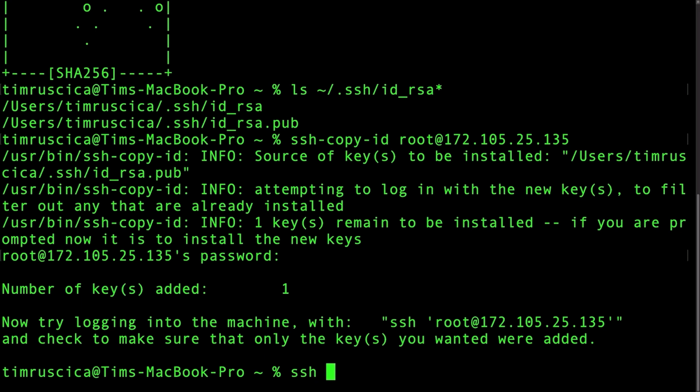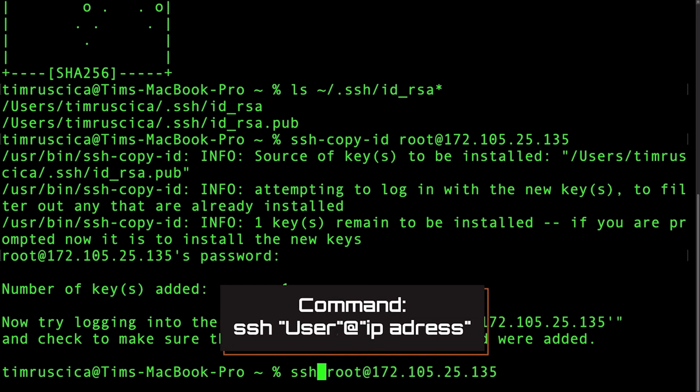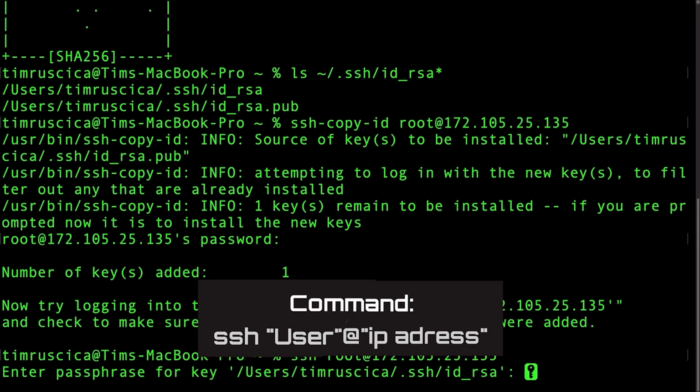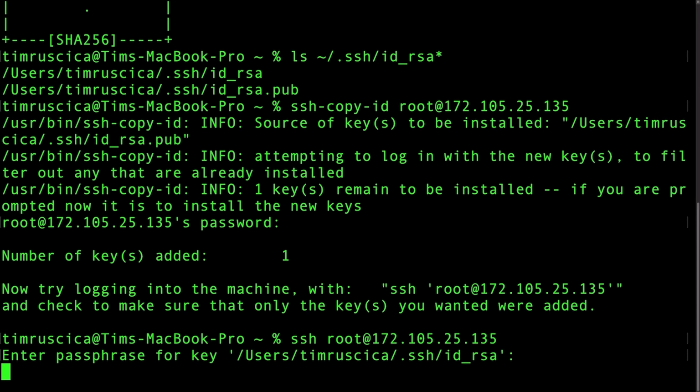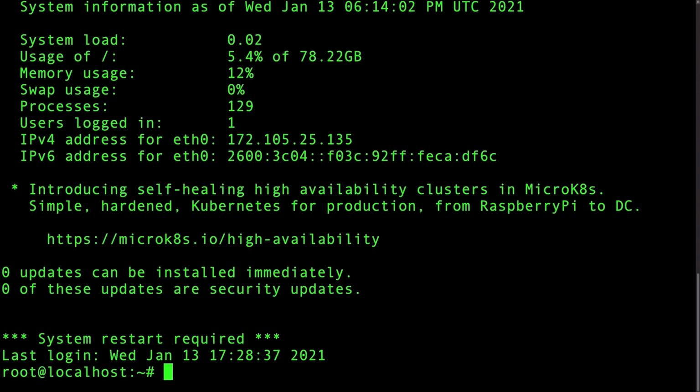So now on Mac, to actually get into this device, we're going to say SSH and then our username, so root, and then whatever the server IP address is. So actually, I'll just copy this right here and remove the copy ID. So SSH, root, and then at. And when we do this, it's going to ask us for the passphrase for our private key, which is stored in this file. So you type in the passphrase to decrypt it, and then it should just automatically log you